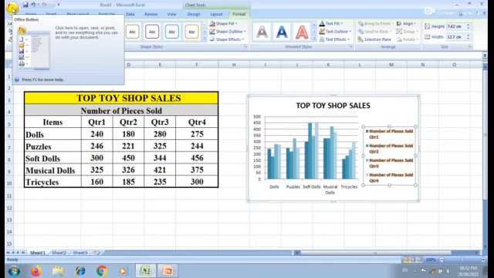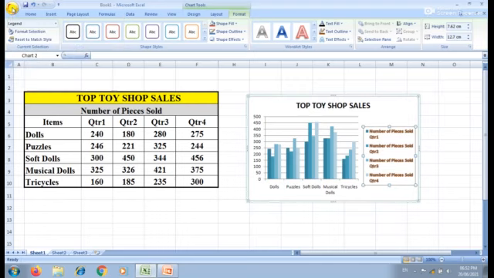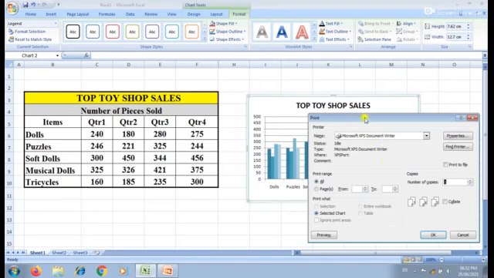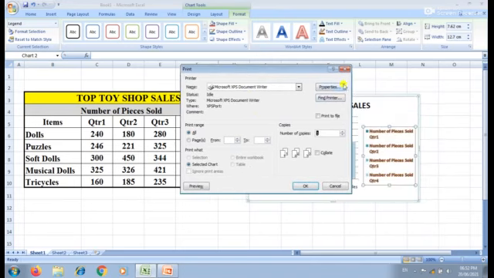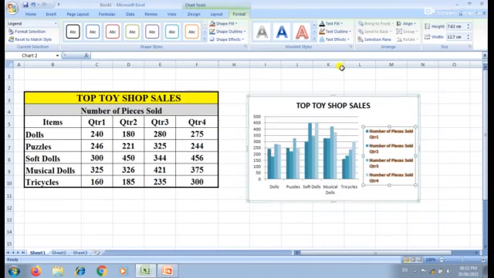Okay, so go and click on the file tab. In that many options are given. Here you have to choose the print option. Here you have to select the printer. Then here the printer types are given. Print dialog box is open. In that you have to choose the printer name and then how many copies you are going to print. At last you have to click the OK button. Now you can get the hard copy of your worksheet.